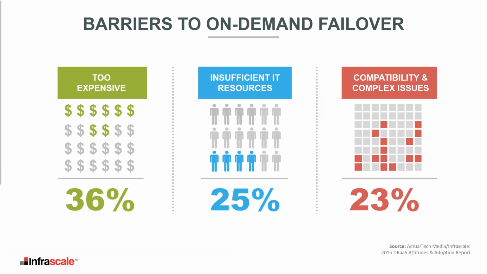So now that we've seen those causes, it's pretty clear that we need a disaster recovery solution, but why hasn't everyone adopted disaster recovery as a service? What's interesting about DRaaS is that it's not very well understood, and there are lots of misperceived barriers to adoption of on-demand failover. So let's take a look at some of these barriers. What we found, in a survey of 350 companies ranging in size from 100 to 5,000 employees, is that most of these businesses said they couldn't fail over to a second location.